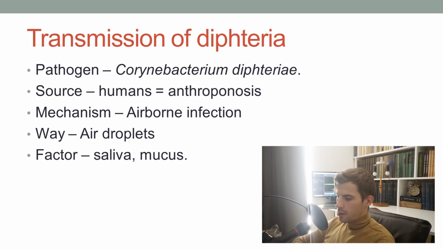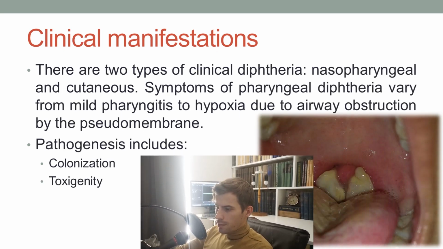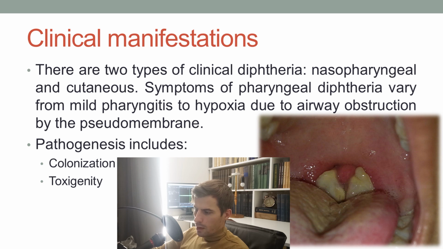The factor of transmission will be saliva or mucus from the oral or nasal cavity. Regarding clinical manifestations, there are two types of clinical diphtheria. It is nasopharyngeal and cutaneous diphtheria. The most spread one is nasopharyngeal, and this kind of infection is also the most